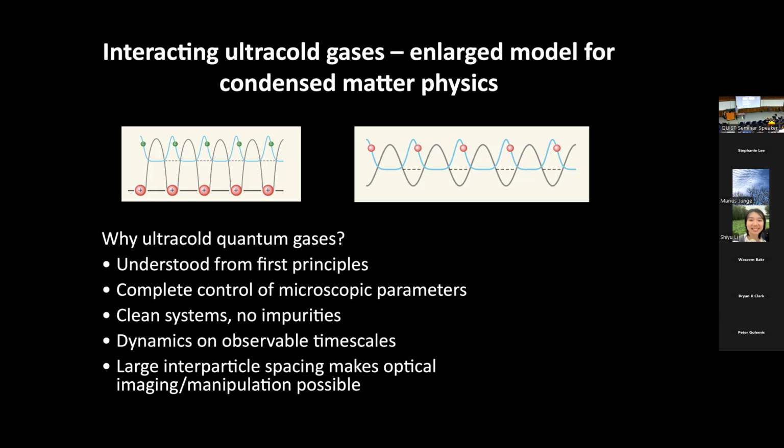The dynamics is very slow. It's milliseconds. So we think of this as a good thing because it's easy to measure dynamics in these systems. We have a very good understanding of the microscopic Hamiltonians that describe these systems. We can write them down with the precision of atomic physics, unlike the crude models typically used for condensed matter physics. And so we understand these systems a lot better.